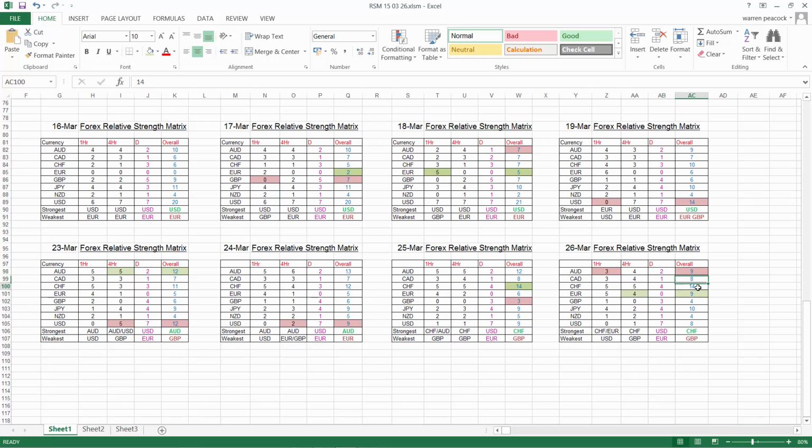The CAD remains on 8. Swiss franc is still the strongest on 14. We have the euro gaining some ground overnight, up on the 4 hourly chart by 2 points. Now got an overall score of 9. The daily trends remain down, so at this point, the two smaller time frames should offer us some shorting opportunities until those dailies change, if they do.